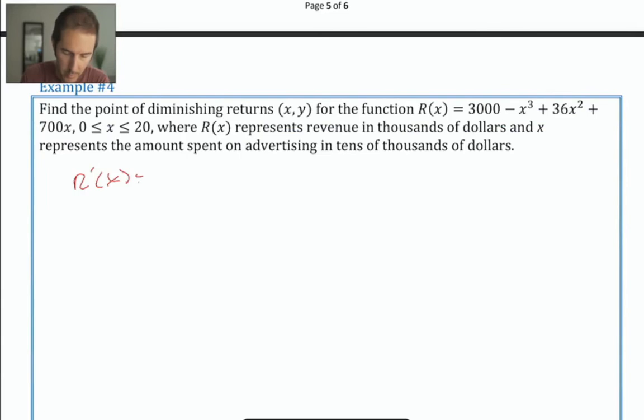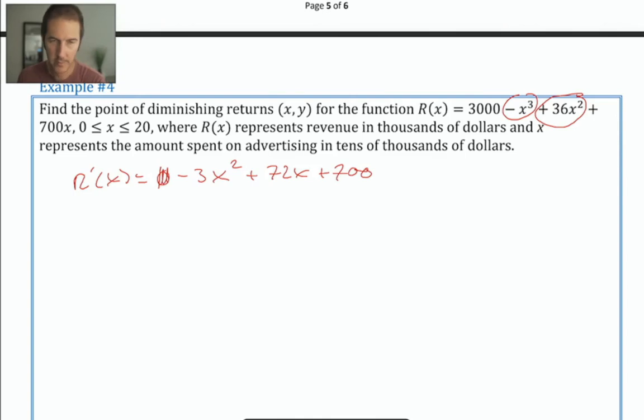R prime is equal to, the derivative of 3,000 goes to 0, so I'm actually going to write a 0 this time. The derivative of our next term, negative x to the third, is going to equal negative 3x squared. Of our next term, positive 36x squared, that will become a positive 72x. Last term, plus 700x becomes plus 700. I like this. Now it's in the correct order. Really, I could just scribble out the 0. That's not helping me much, but keep that minus sign so that it's negative 3x squared plus 72x plus 700,